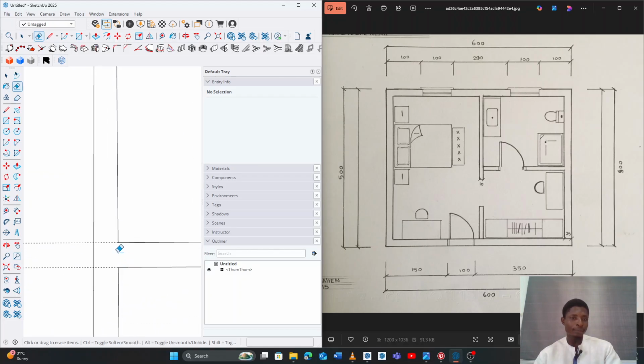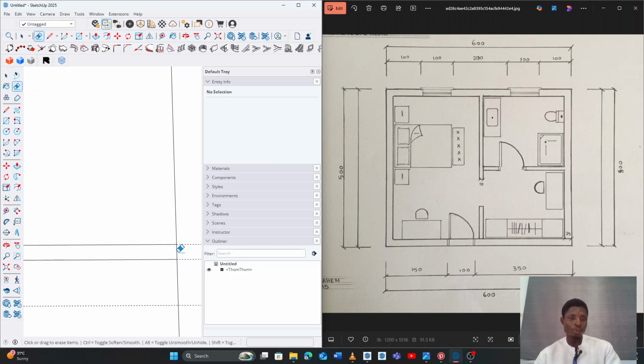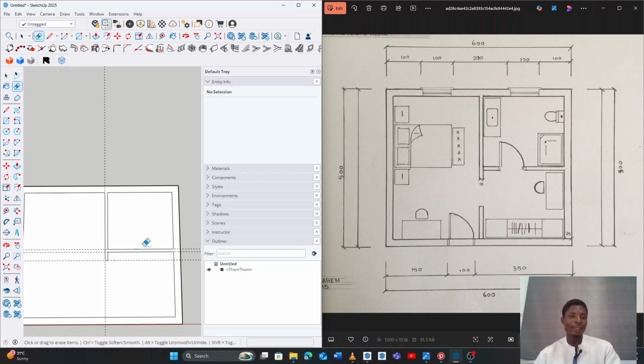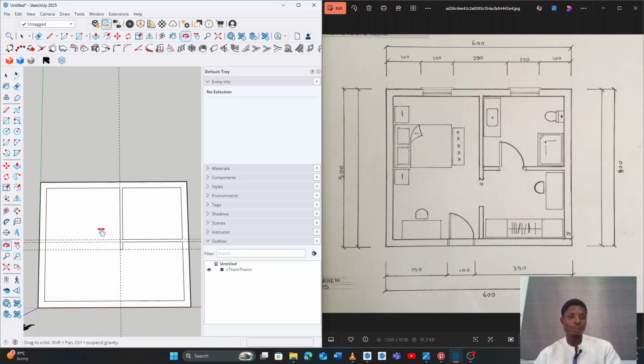So you zoom in, then you zoom out, and then you put the mouse cursor where you want to zoom in again. Then when you zoom in, you see it zooms on to where your mouse cursor is, then you just left click once to clean it. Okay, if you look on the screen over here, we are beginning to pick up the shape of the room